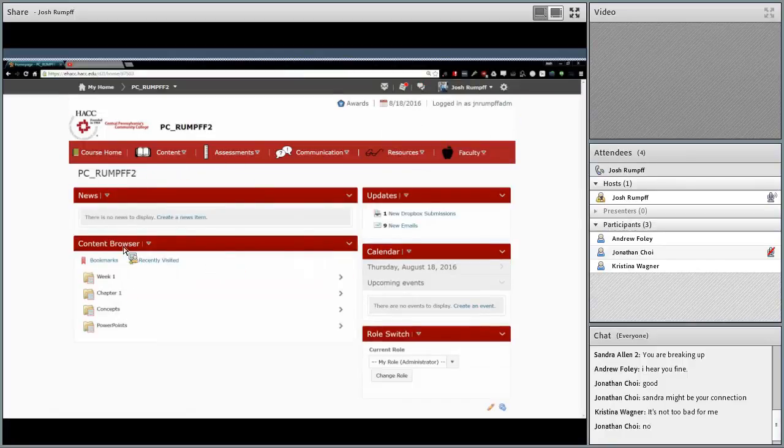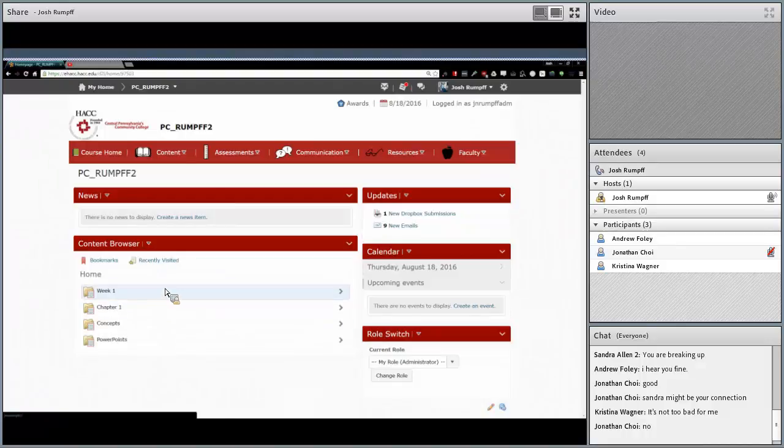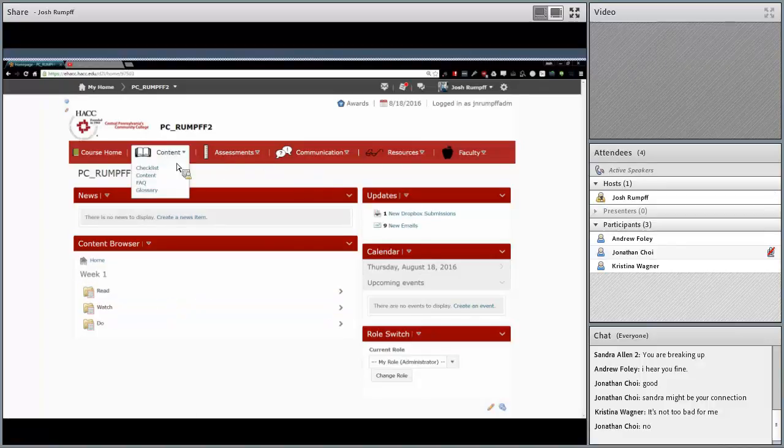Now, the content browser area is unique to each individual student. So if one student goes into concepts, the other student is going to be seeing whatever they left off. I say this because I had instructors in the past who thought if they selected week 1, all their students would see week 1. It's not how it works. It is an individualized element, just like updates. Now, if I go back to content,